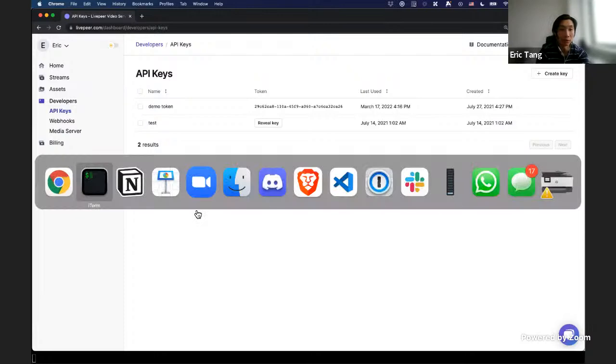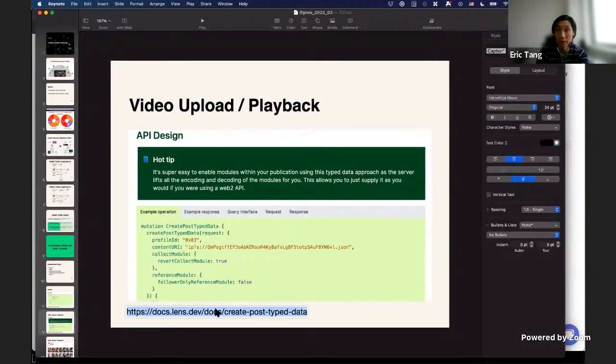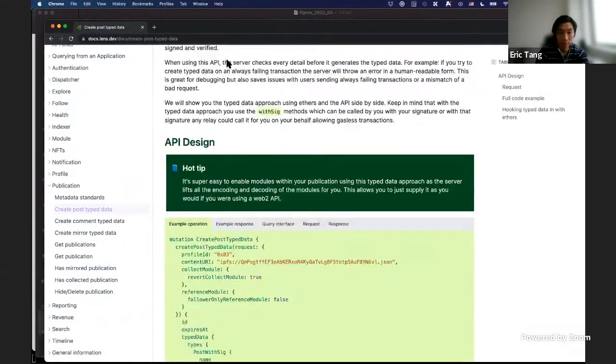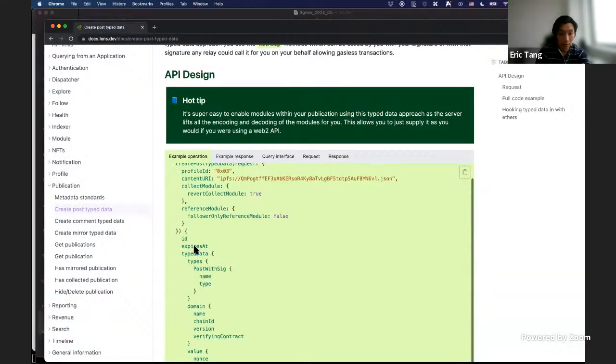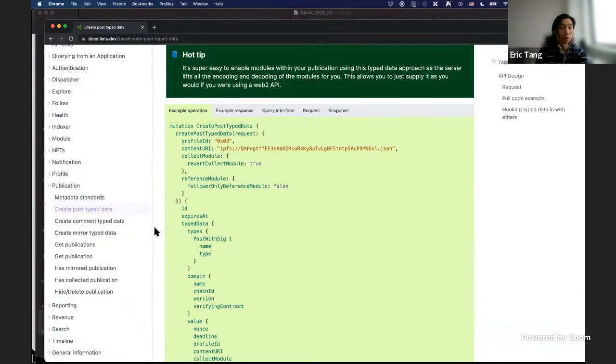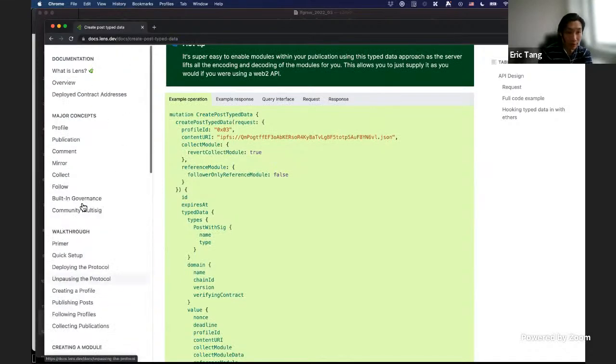the documentation. I can show you guys how to create a post if you haven't seen that before. In Lens, we can create many posts in a profile, and at the same time, posts can have comments.